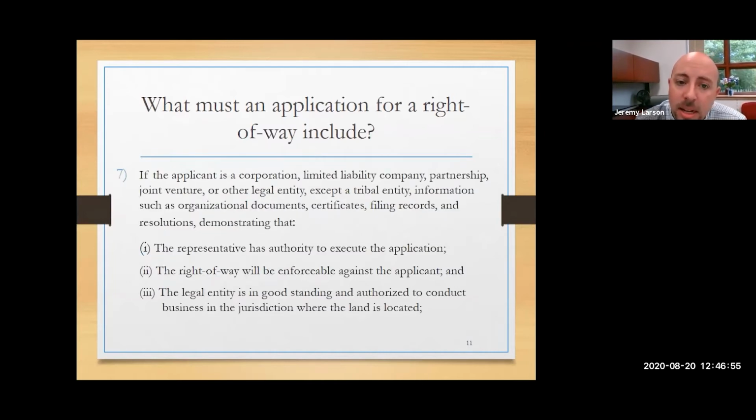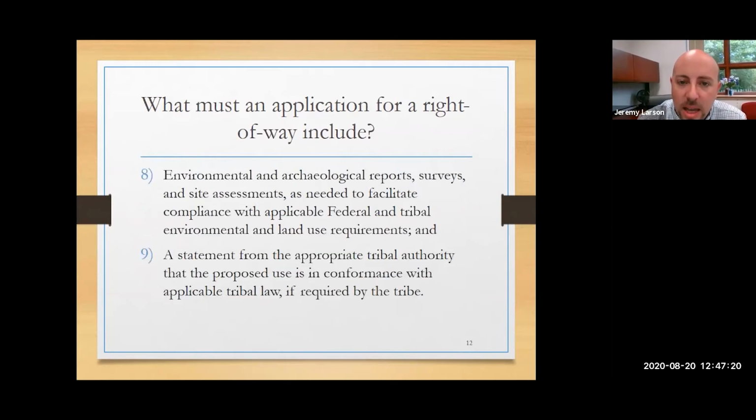If the applicant is a corporation, limited liability company, partnership, or joint venture, we will need the organizational documents stating that the representative has the authority to execute the application, that the right-of-way will be enforceable against the applicant, and that the legal entity is in good standing and authorized to conduct business in the jurisdiction where the land is located. Again, the environmental reports, a statement from the appropriate tribal authority,